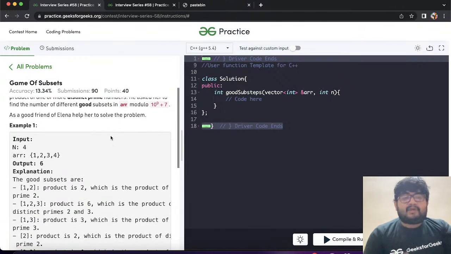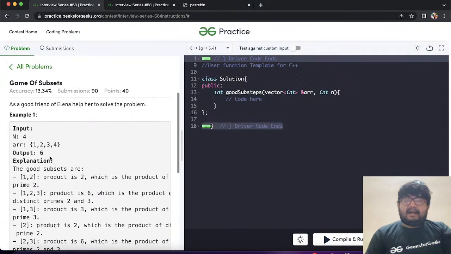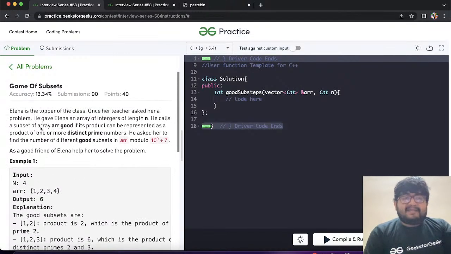Now what is the question exactly? We have four integers, so we have to find how many subsets of the array are good. What is a good subset? The product of all the numbers that you have taken in the subset should be a product of one or more distinct prime